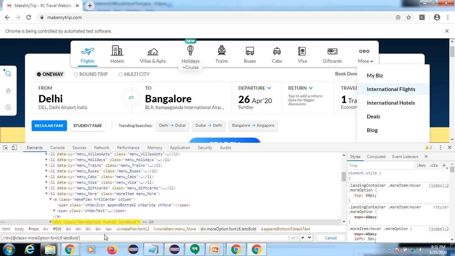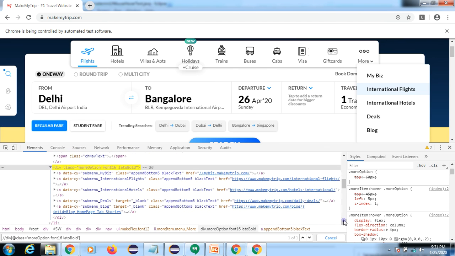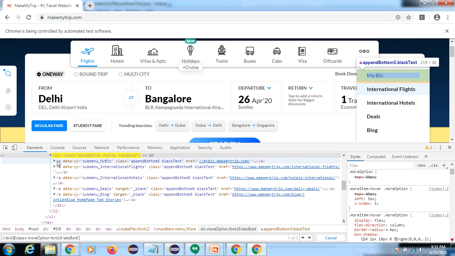Okay, it highlighted the complete drop down. Now inside this, what tag, what element is there? This is the anchor tag.